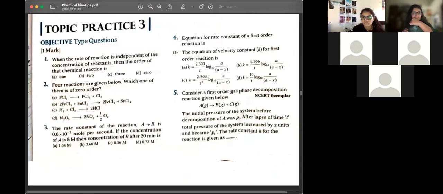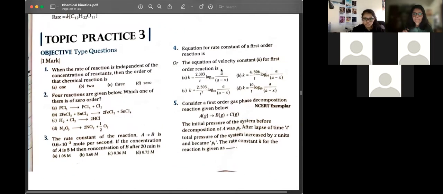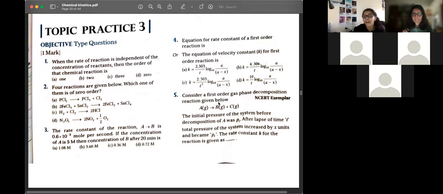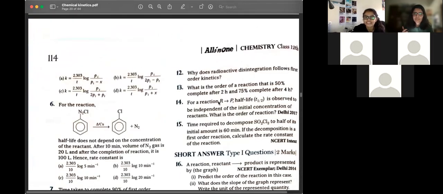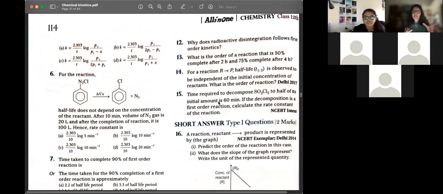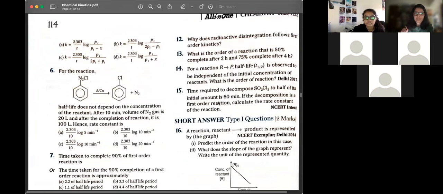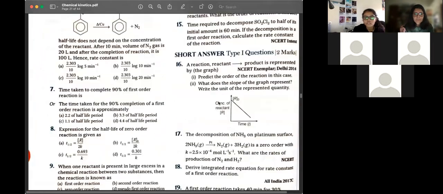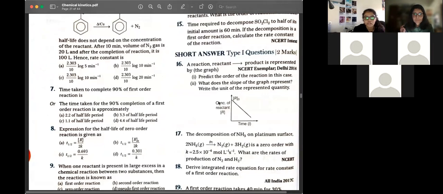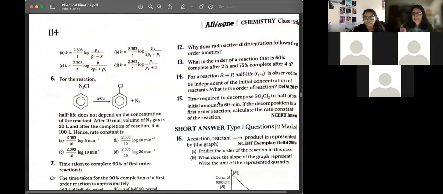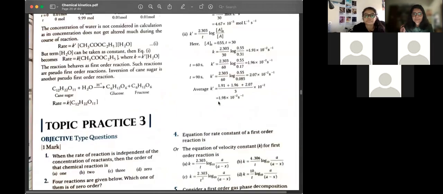So topic practice 3, do you want to go over each one of them, or do you guys think you can do this on your own? I think we can try today and get back to you tomorrow. That's the most logical thing, I think. Tomorrow we can keep it flexible, with more time for problem practice. Ma'am, this is topic practice 3, right? Yes, this is topic practice 3.